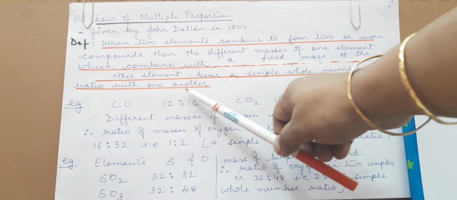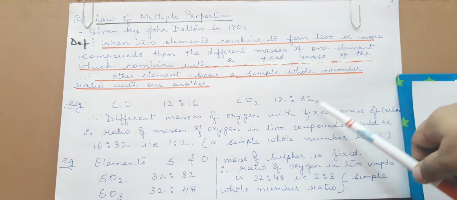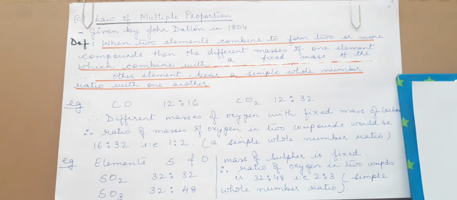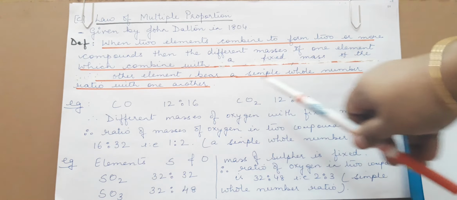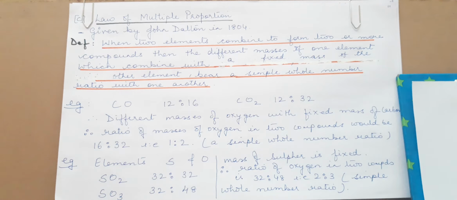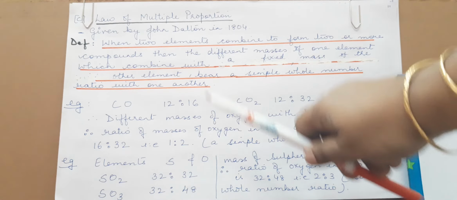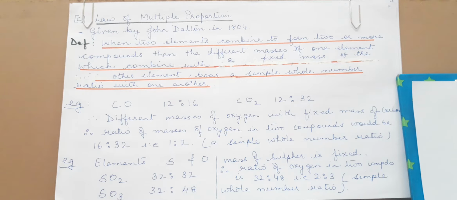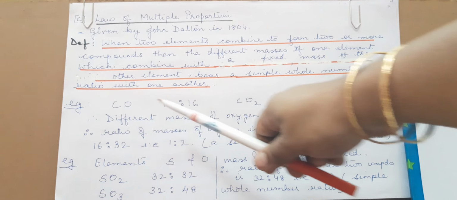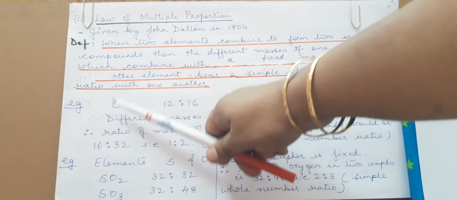In carbon monoxide, oxygen is 16. In carbon dioxide, oxygen is 32 in terms of mass. So what is the ratio between them? 16 is to 32. And what is 16 is to 32? 1 is to 2. Is that a simple whole number ratio? Yes. So when we say the law of multiple proportion, in terms of carbon and oxygen, two elements,